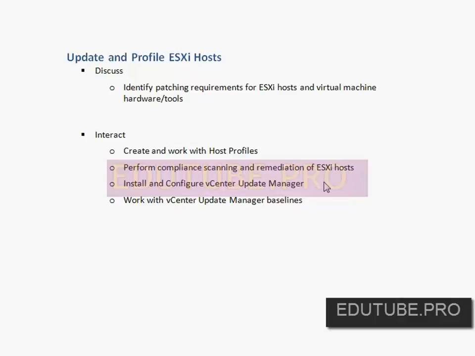So what have we talked about in this nugget? We've talked about updating and profiling those ESXi hosts and all the different patching requirements that you have to have. We work with both the host profiles functionality as well as vCenter Update Manager to really give you an idea of how to manage the configuration of your hosts to protect them against misconfiguration or whatever problems may occur, as well as the update configuration of those hosts to ensure